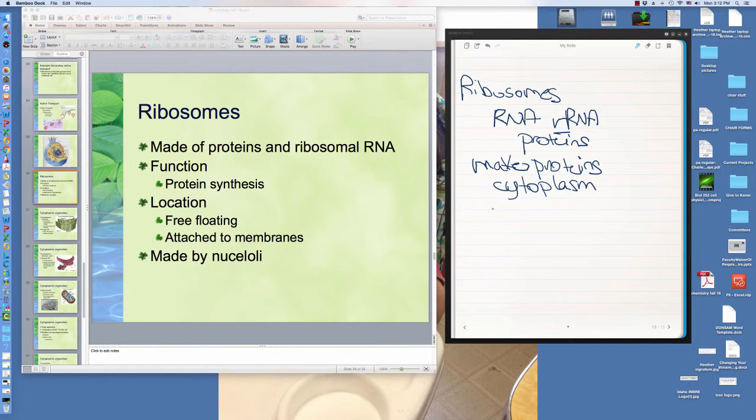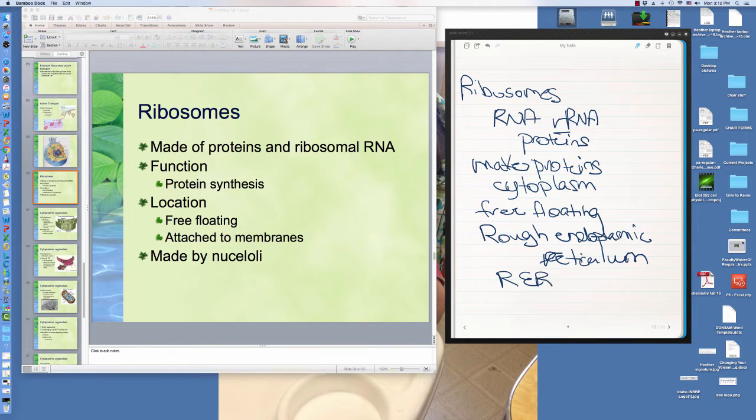and they can either be found free-floating, in other words, floating in the cytoplasm and not attached to anything, or attached to membranes, specifically the endoplasmic reticulum. If they're attached to that, it is referred to as the rough endoplasmic reticulum, because it's rough, because it's got bumps, these little ribosomes attached. Also referred to as RER, the rough endoplasmic reticulum. The ribosomes themselves are made by a structure called the nucleoli,